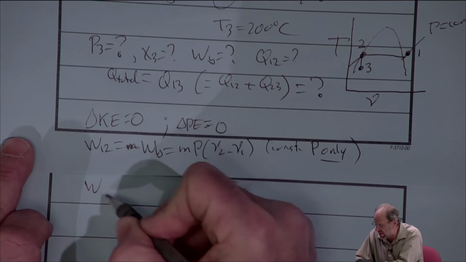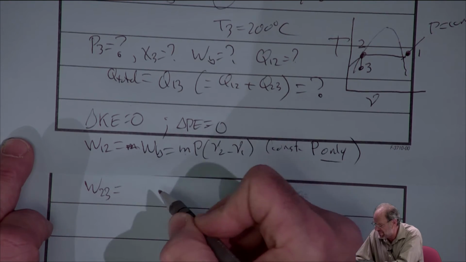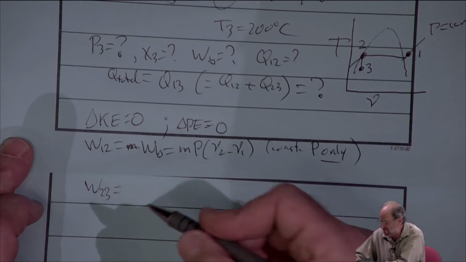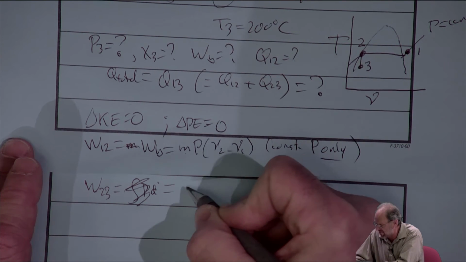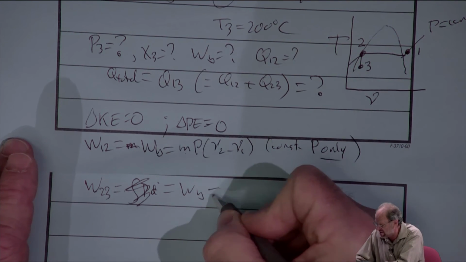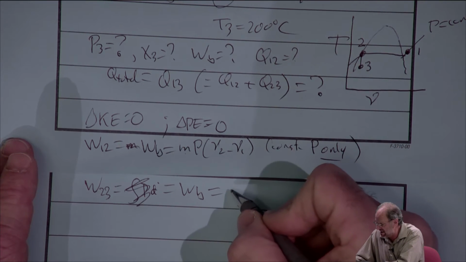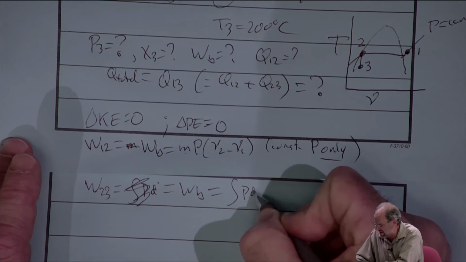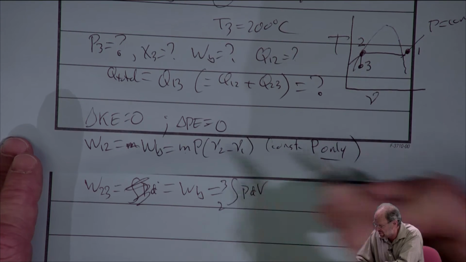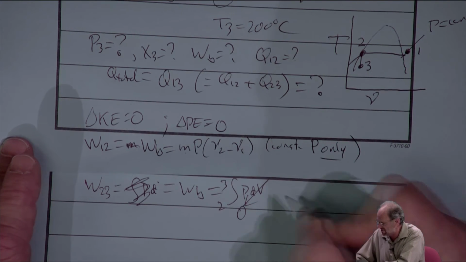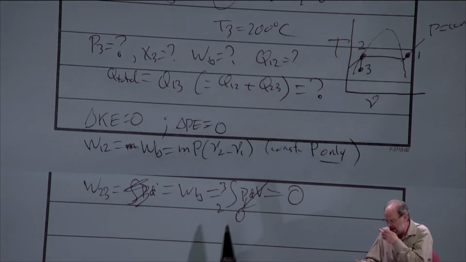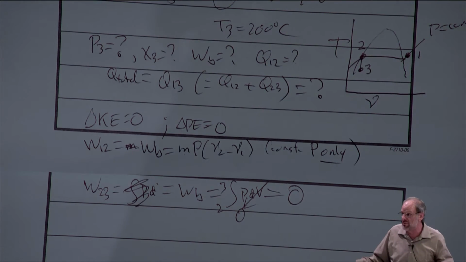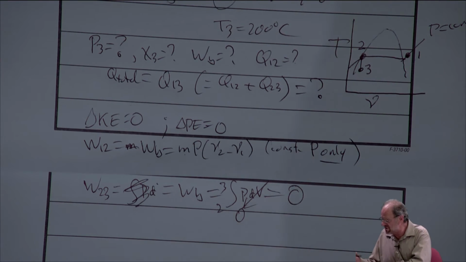What about the work from 2 to 3? Yeah, it's 0, right? It's a constant volume process. Again, I should first write that this is the boundary work, no other forms of work, and then that's just the integral of P dV from 2 to 3, but there is no change in volume, so it's 0. I mean, we talked about this before. You don't have to write all this out. If you recognize that constant volume problems have no work, then just say work is equal to 0. So this gives us our work terms.